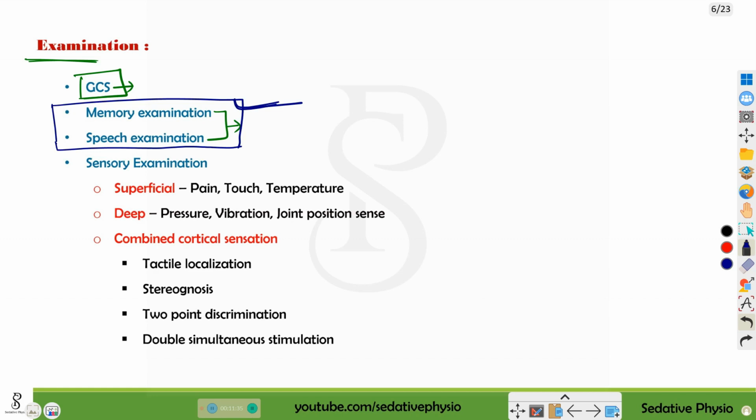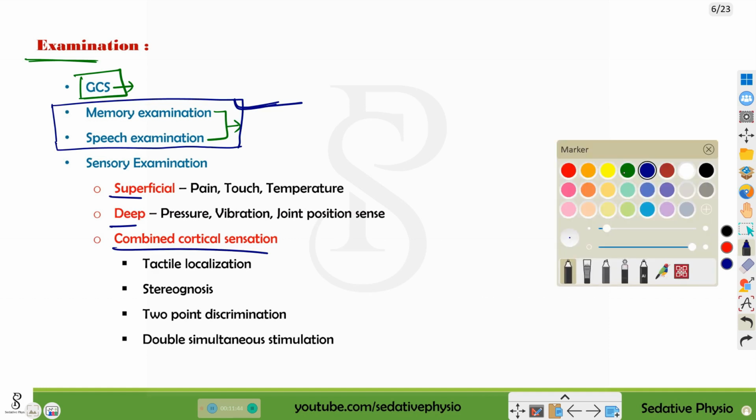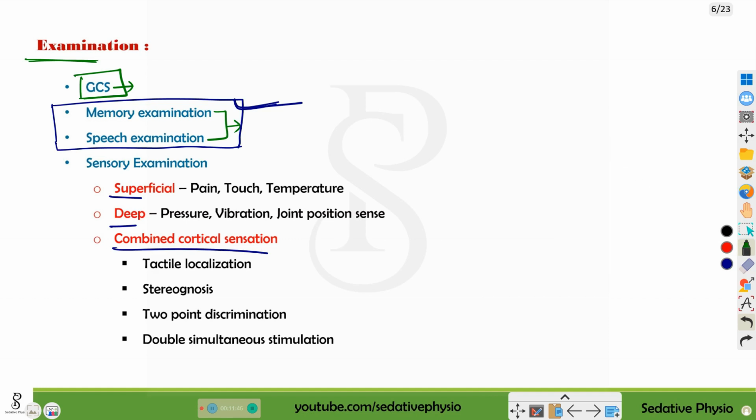Okay, now in the sensory examination we have to check for the superficial, the deep and the combined cortical sensations. These three important sensations are to be checked in the patients of Parkinson. For the superficial examination we can go for the pain, the touch and the temperature. In the touch we can go for the fine touch as well as the crude touch. In the temperature we will go for the hot and cold temperature, whether the patient can identify, can recognize